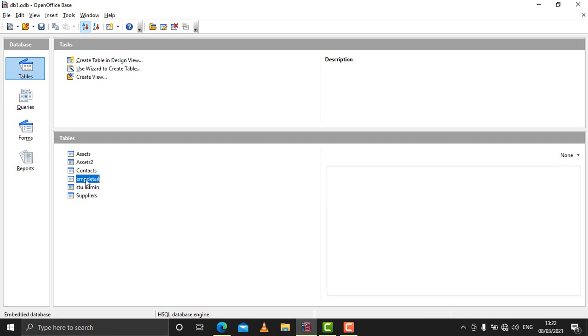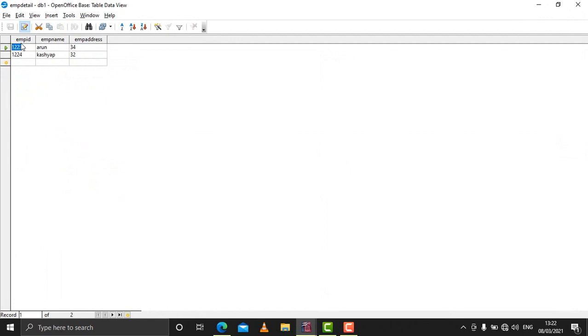And even if you want to change the fields, say for example this is employee ID, employee name, and employee address. You want it before, you want it after, meaning you want to change the place of fields, you can also do that.